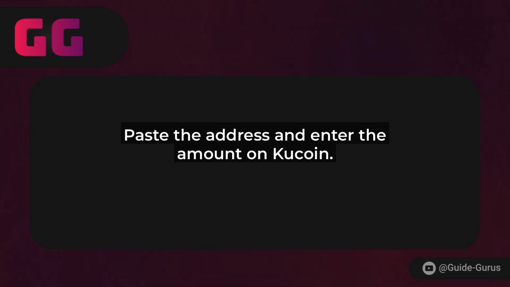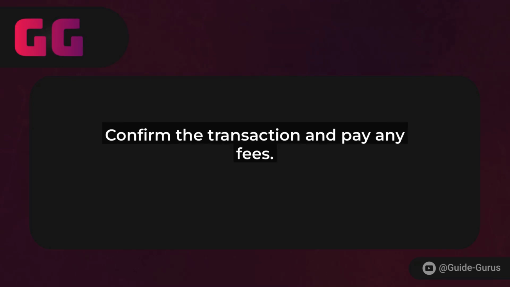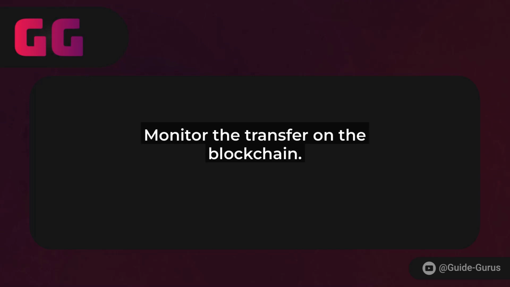Now, the transfer might take a few minutes to an hour, depending on network congestion in 2025. Blockchain tech is always evolving, so keep an eye on it. Head back to Uphold and refresh your wallet to see when the Dogecoin arrives. If it doesn't show up, don't panic. Check the transaction status on a blockchain explorer like Dogechain. A quick tip: always transfer a small test amount first to verify everything works.